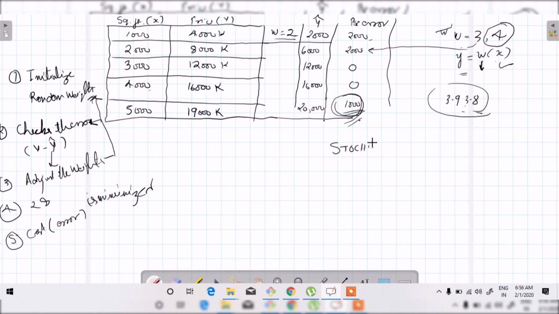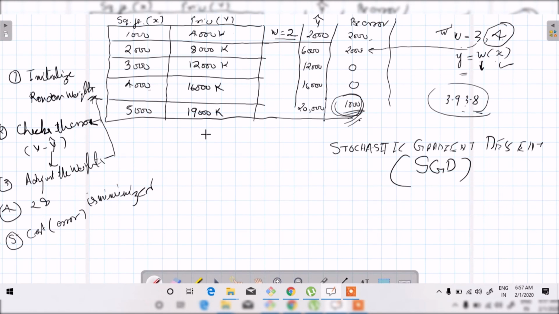stochastic gradient descent, or in short, you say it as SGD, right? So basically, what happens is that